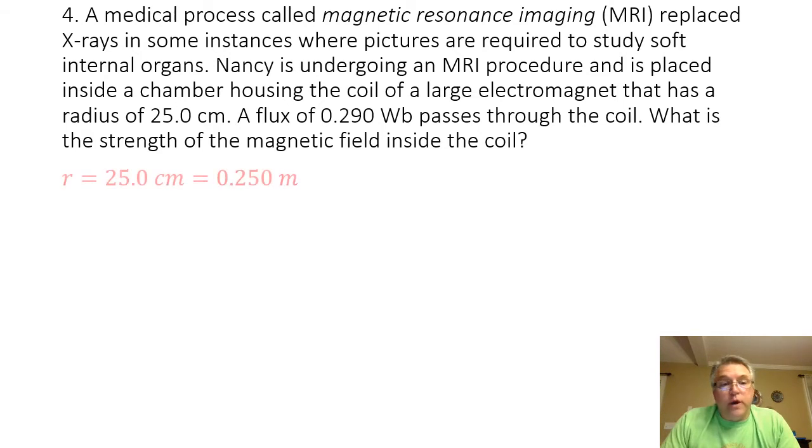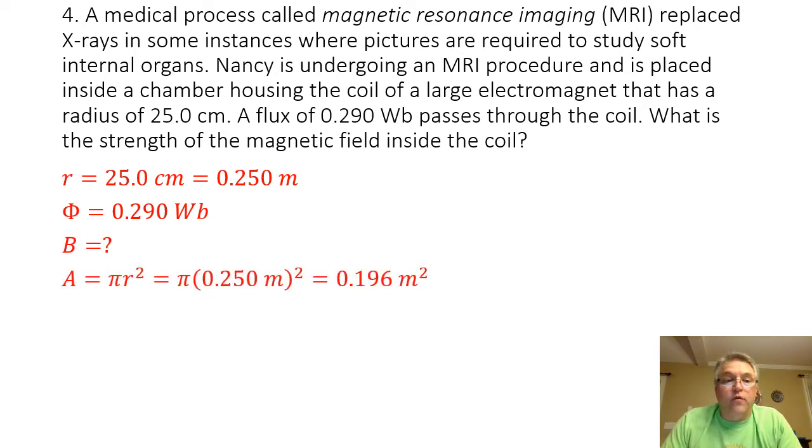We are given the radius of the coil, 25 centimeters. We do have to convert that to meters, so that's 0.250 meters. We are given the strength of the magnetic flux passing through the coil, which is 0.290 Weber. And we are being asked to find the strength of the magnetic field. I know I'm going to need to know the area of the coil of wire. So to find the area, I know I have to take the radius, square it, and multiply it by pi. When I plug my radius of 0.250 meters into the formula, I'm going to have an area of